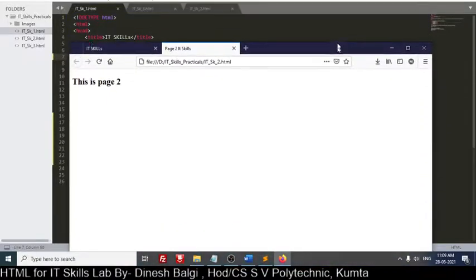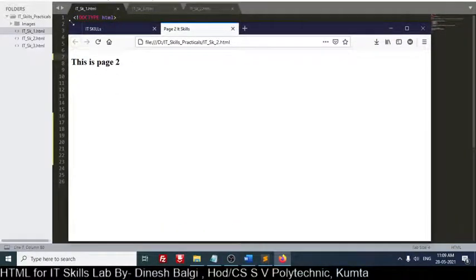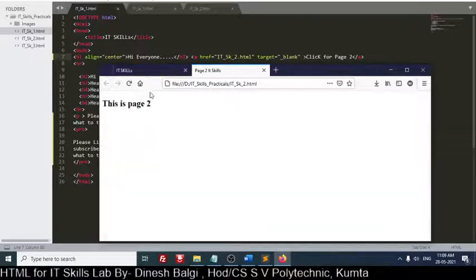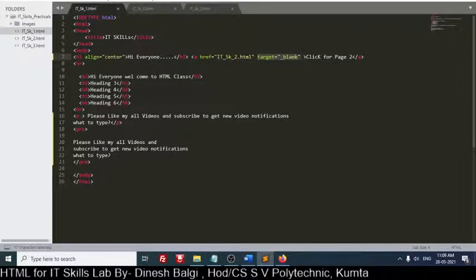So I want to demonstrate it once again. Here you see two windows. I will just show you. When you save it with the target blank, then if you refresh it and then you click on this, you get two windows. If you don't use this tag target blank, okay,